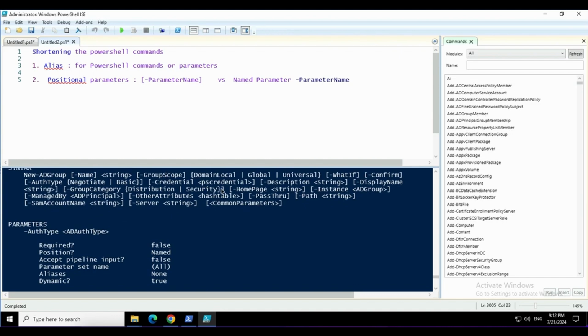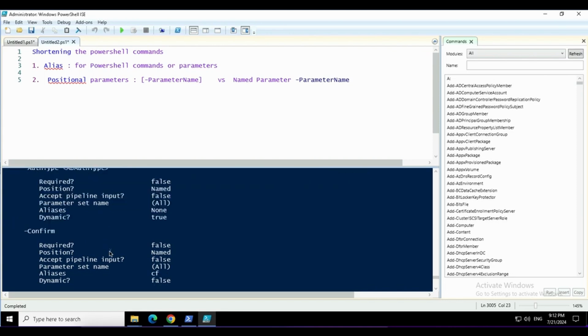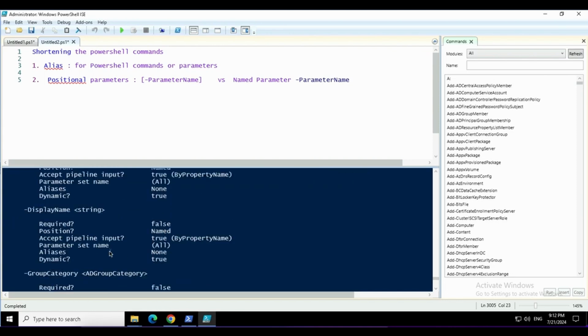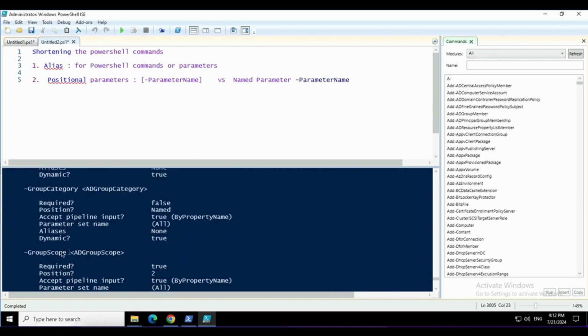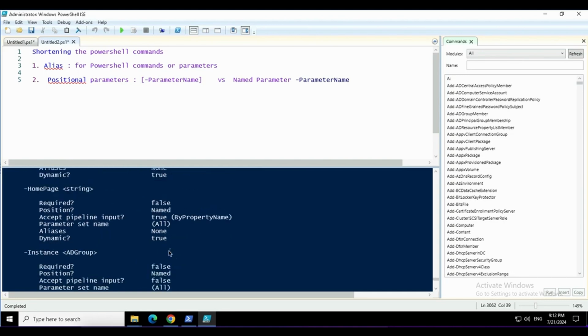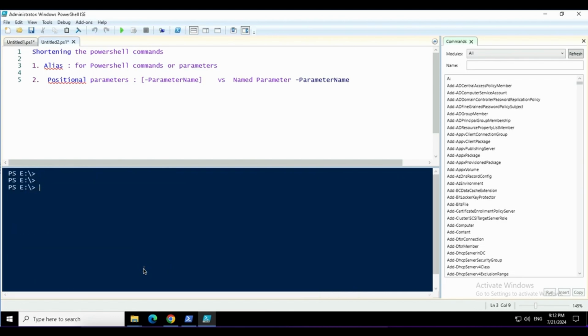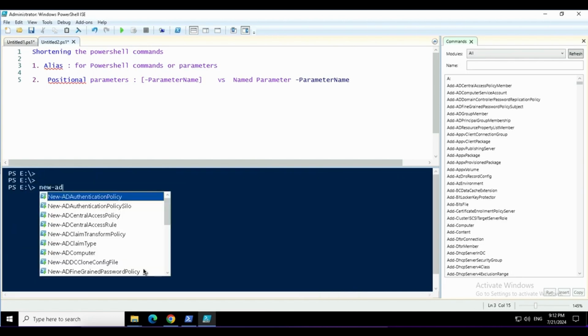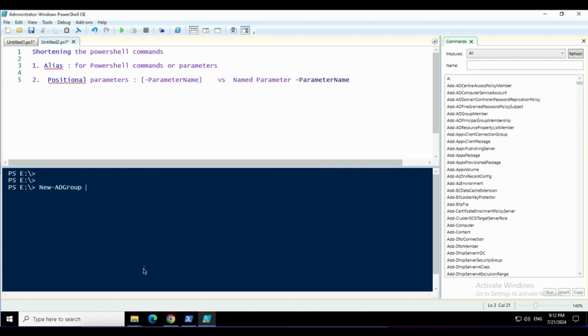The rest of them seem to be named parameters. Okay, so let's have a look into the name and group scope. You see group scope has the second position in this command, whereas the name has the first position in this command, which means when I run this command, at the first position I'll put the value for the name. So when I create a new Active Directory group, I will put the name here, test group 1,